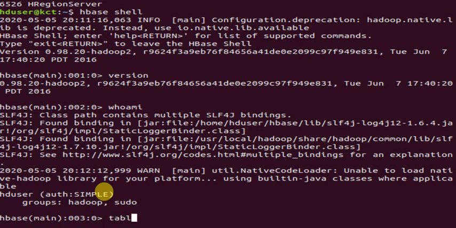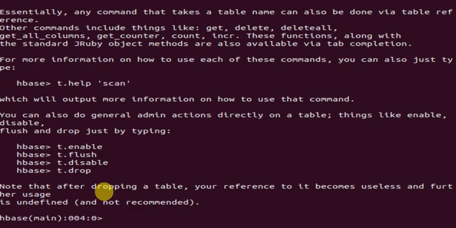And one more command I will show you is table help. This will give you how to create the table, as well as how to create the namespace, and how to get the value, as well as put the value onto the HBase table. And one more command is status.